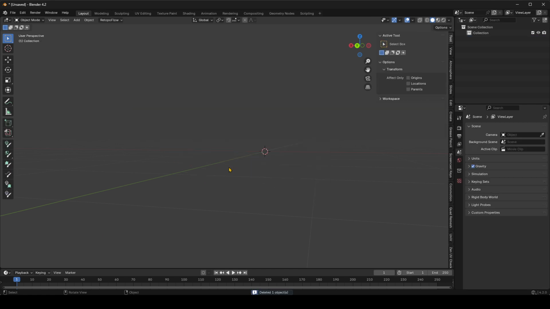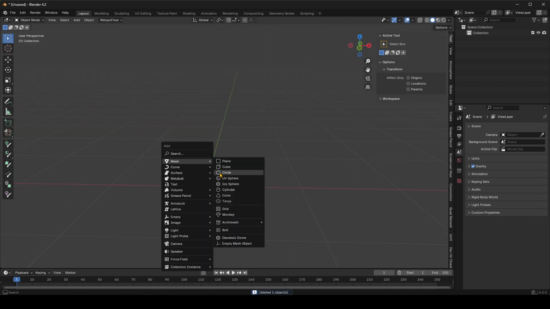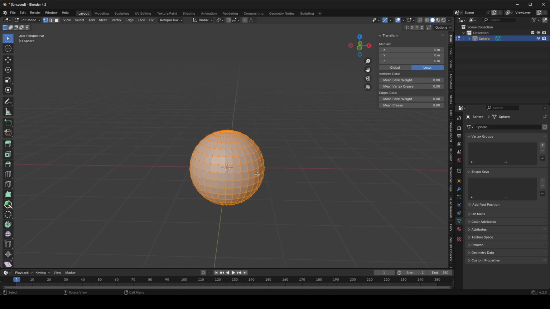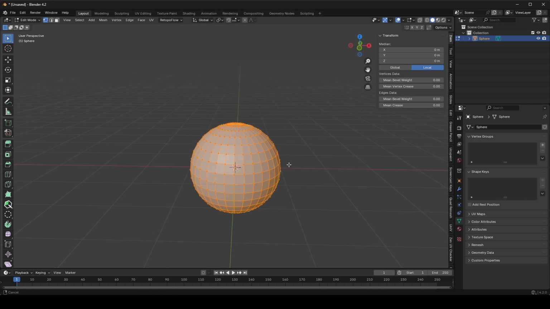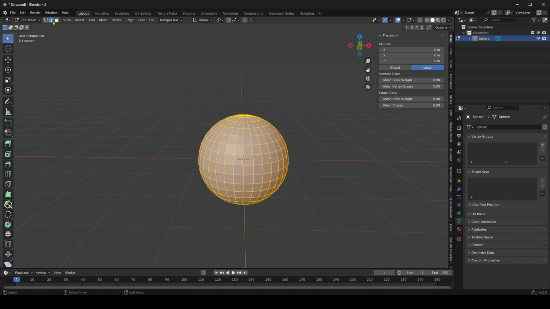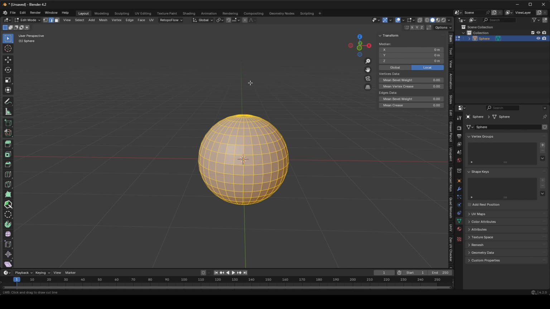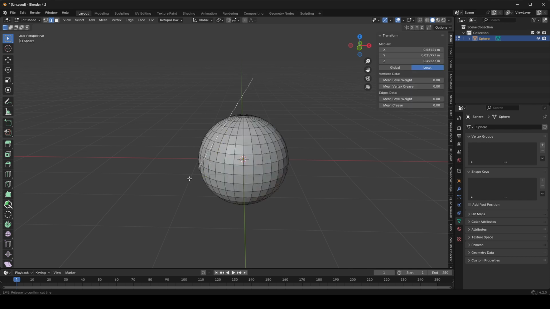Okay, next we're going to talk about the bisect tool. So you can add any object. I'll go ahead and add a sphere here. And you go into edit mode and it will cut whatever you have selected. So I'm just going to press A to select all. Make sure it's all highlighted. And then you need to be in edge selection. And I'm going to right click and do bisect. And then I click and drag and it'll make a cut,